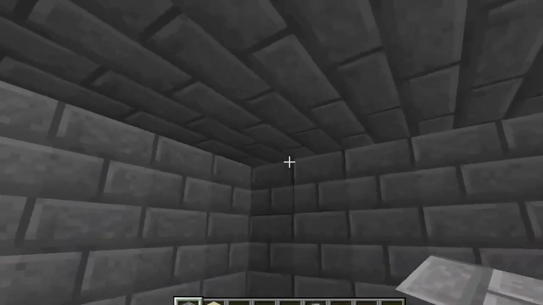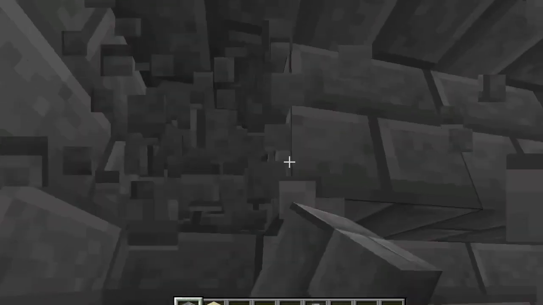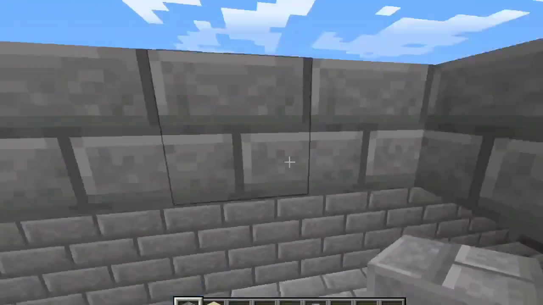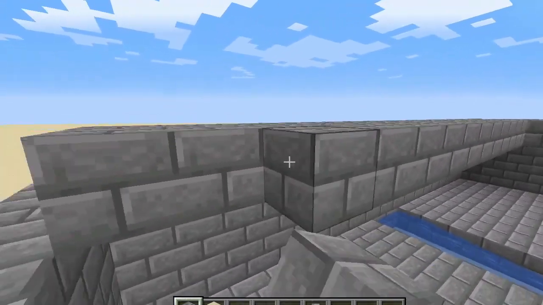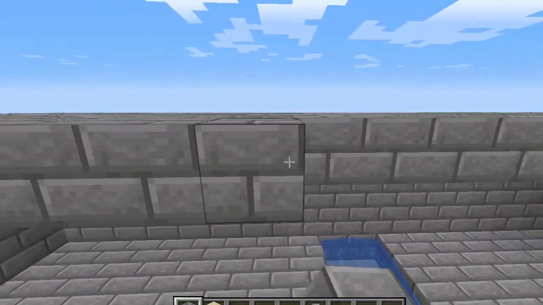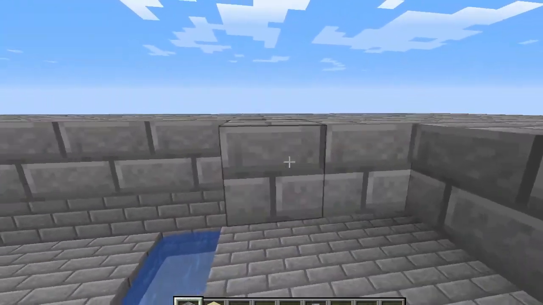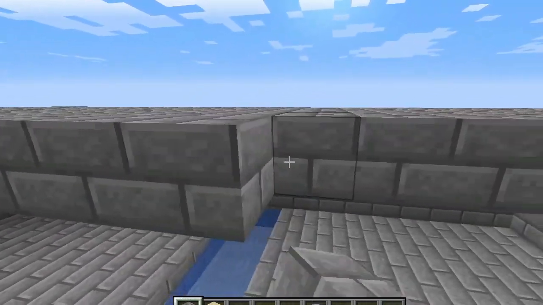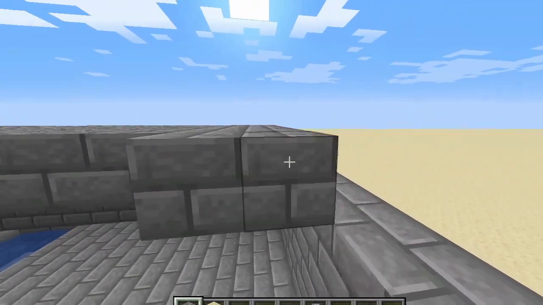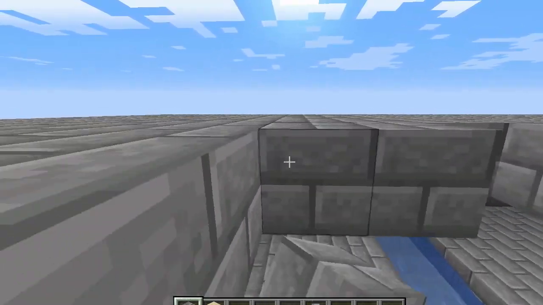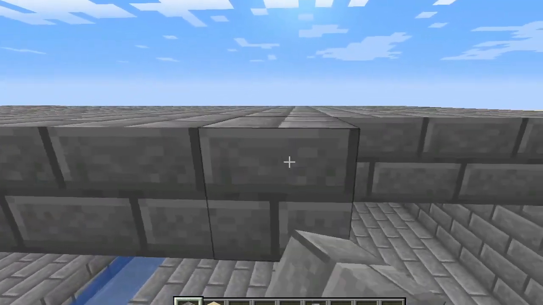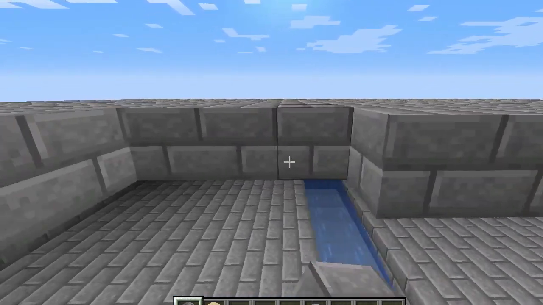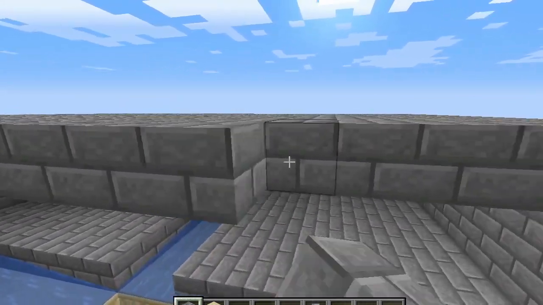Just a tip: if you're making this 2 blocks tall, you can actually effectively turn this into a creeper farm by placing trapdoors on the top. Seeing as creepers are the same height as a player, and players are actually, I think, 1.75 blocks tall, even a little bit shorter than that, they can actually go underneath trapdoors, which is a really good tactic if you're running away from some zombies or something. And for your house, you just have a trapdoor at the top. You'd have to obviously do something about creepers, but